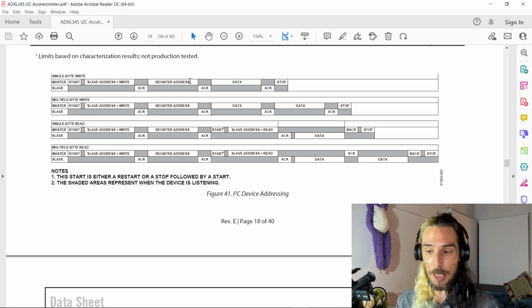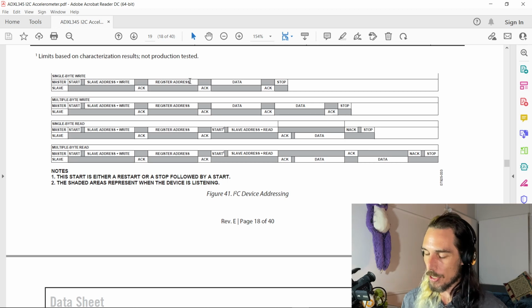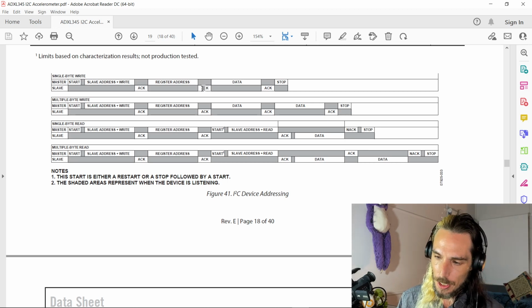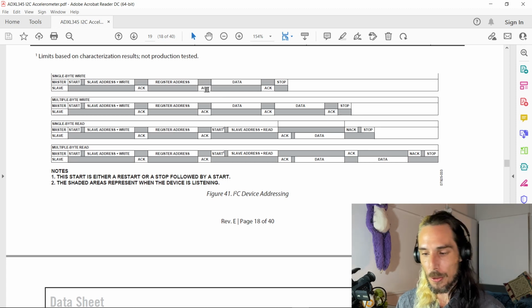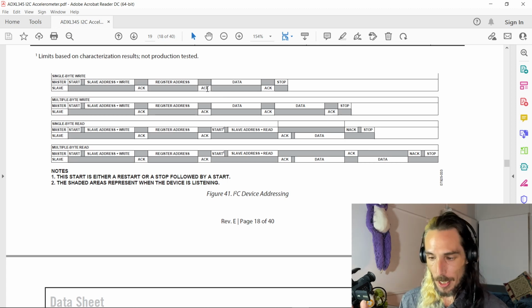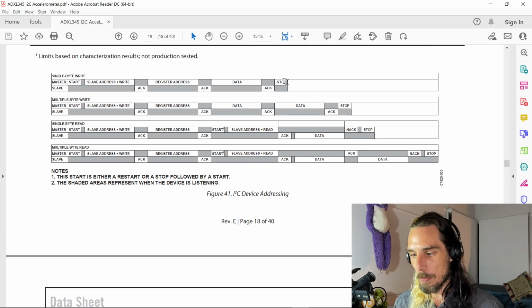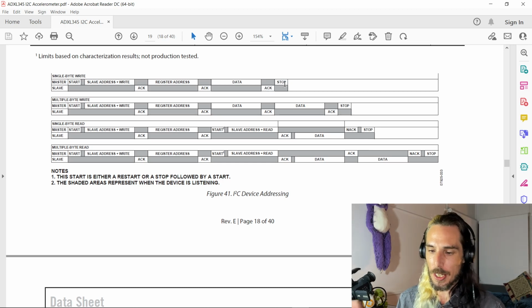Sometimes that can be an 8-bit address, sometimes it can be a 16-bit address, depends on the particular device. And then the receiving device will then do another acknowledgement to say that it's ready to go for that. And then the data will be sent, followed by sometimes, but not always, not acknowledge. Typically, if we're writing, there's going to be an acknowledge here, followed by a stop signal to say that the